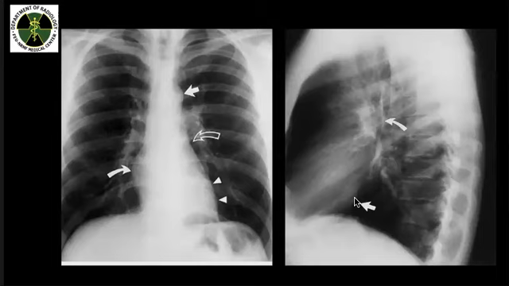There is no evidence of posterior displacement of the left bronchus to indicate left atrial enlargement. Because sometimes if there is posterior displacement of the bronchus, maybe it will indicate your left atrial enlargement. And also there is no evidence of right ventricular encroachment. If there is right ventricular enlargement, there will be decreased retrosternal space, okay, because of the enlarged right ventricle. But this one, there is no evidence of right ventricular enlargement because there is no encroachment into the retrosternal clear space.